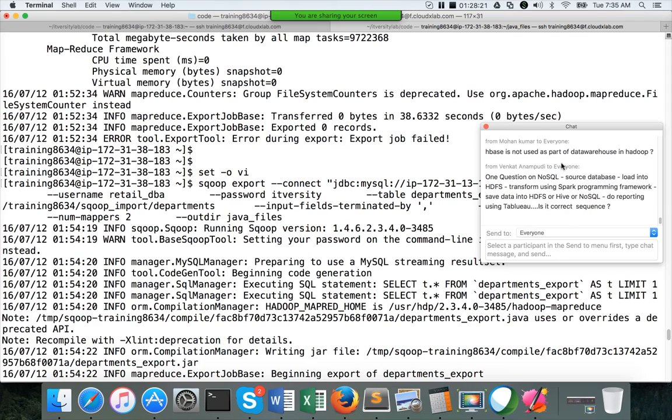Okay. The next question from Mohan is, HBase is not used as part of a data warehouse in Hadoop? No, HBase has to be used in some cases. For example, if you are from a data warehousing background, there is a concept called dimensions and slowly changing dimensions. For companies like Walmart and Amazon, the product table is pretty big.